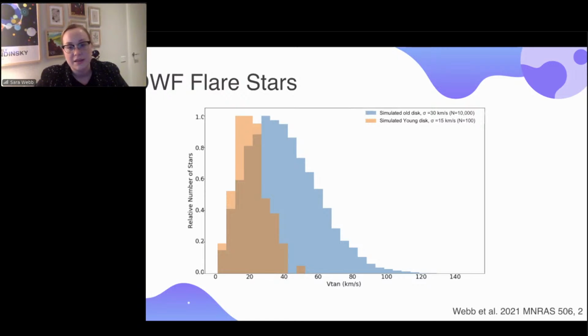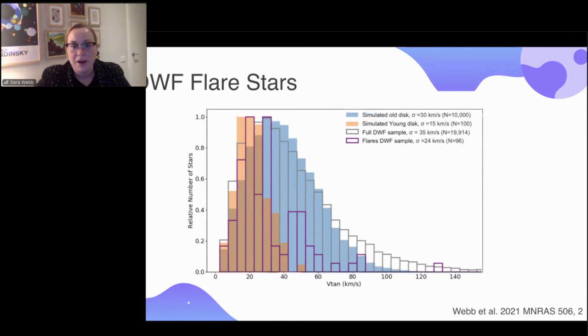So we tend to see younger stars have a lower velocity. And what we found with our actual flare sample is that the majority of our flares tend to map nicely to that younger sample, hinting to the idea that the younger stars are most likely the more flary. Again, I don't know if flary is a word, but I would like to make it a word.